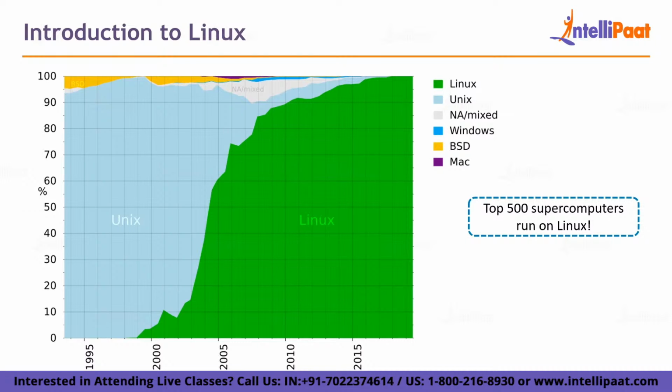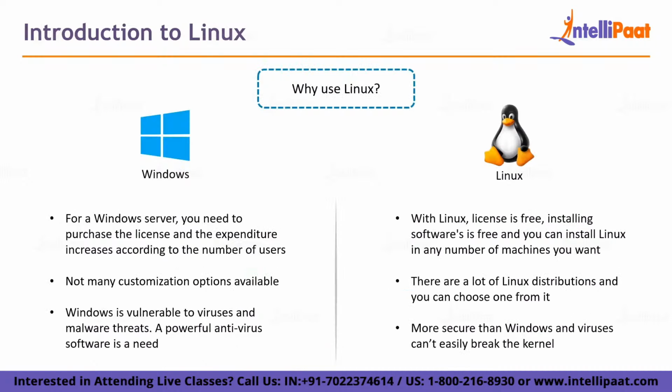But right now we have come to learn Linux. Let us look at more data about this Linux. So right now let's compare between Windows and Linux. This is one of the main questions asked. What is the difference between Windows and Linux? This you should understand very well. First, Windows Server, you need to purchase the license. Windows is not free, Windows is not open source. If you're running Windows, so if I'm running Windows currently, my Windows should be licensed. My Windows is licensed. If it is not licensed, that means it's a pirated version of that operating system.